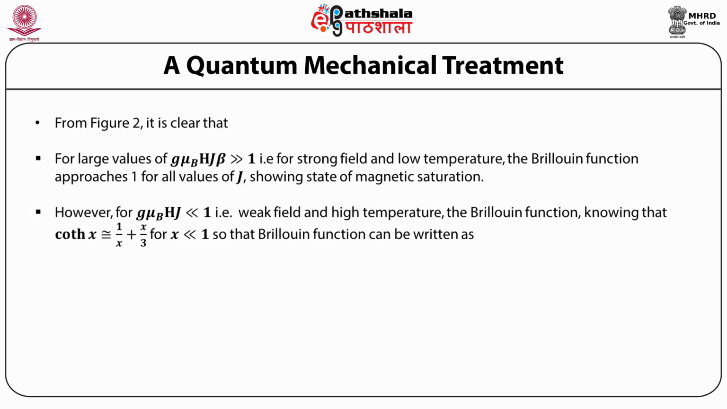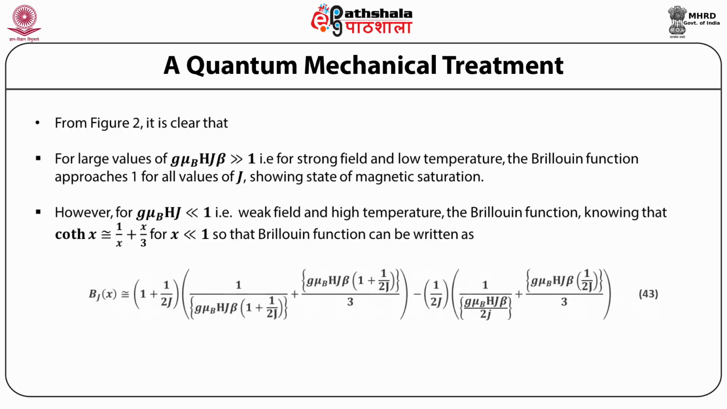However, for g mu B H J beta very much less than 1, that is weak field and high temperature, the Brillouin function, knowing that coth x is approximately equal to 1 upon x plus x upon 3 for x very much less than 1, can be written as B_J(x) is approximately equal to (1 plus 1 upon 2J) multiplied by 1 upon (g mu B H J beta) multiplied by (1 plus 1 upon 2J) plus g mu B H J beta, multiplied by (1 plus 1 upon 2J) divided by 3, minus 1 upon 2J multiplied by 1 upon (g mu B H J beta) divided by 2J plus g mu B H J beta, 1 upon 2J divided by 3, or B_J(x) is approximately equal to g mu B H J beta divided by 3 whole multiplied by (1 plus 1 upon 2J) whole square minus (1 upon 2J) whole square, which